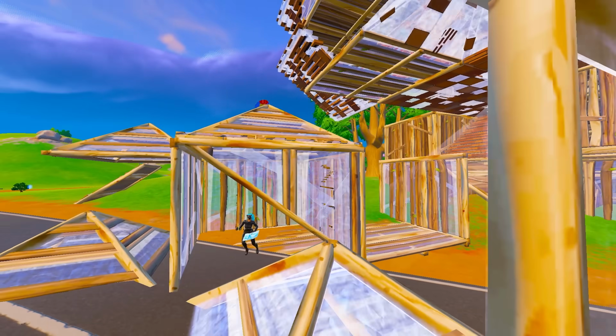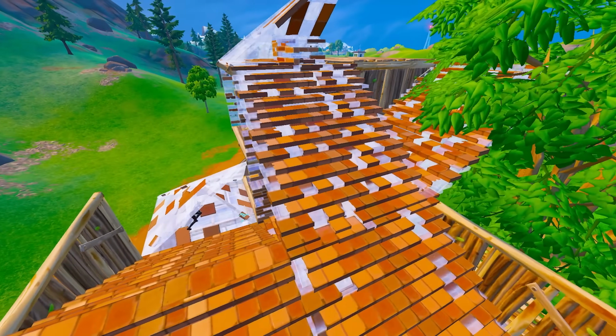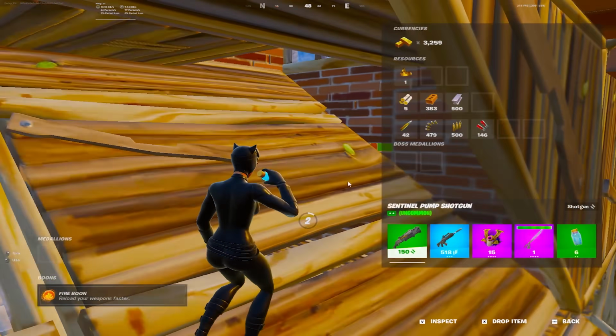He's going to make two little wood boxes. Again, what I did earlier, I swapped my brick as soon as I got in this fight. This player still on his wood. You should only be using your wood when you're like blocking shots from far away or stuff like that,